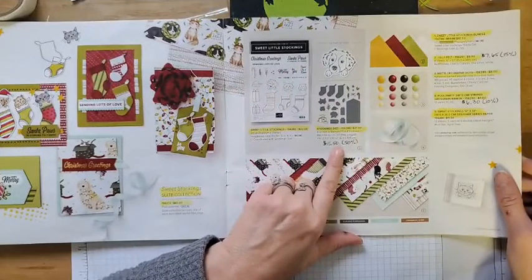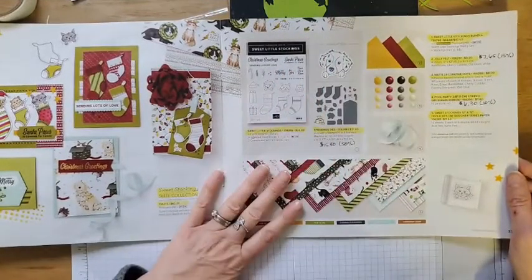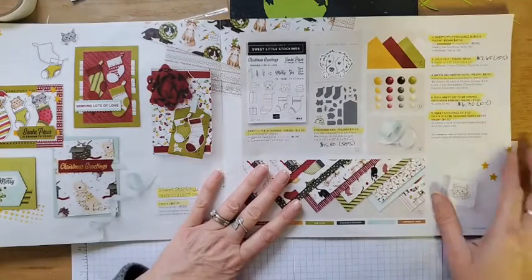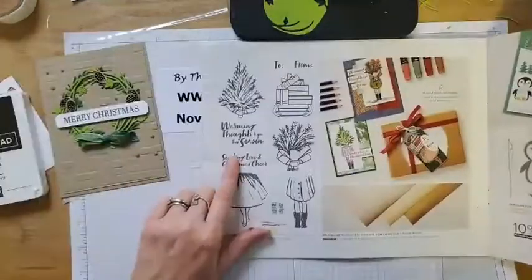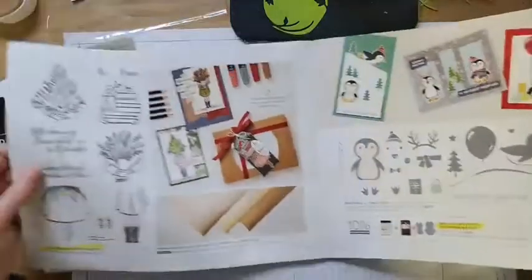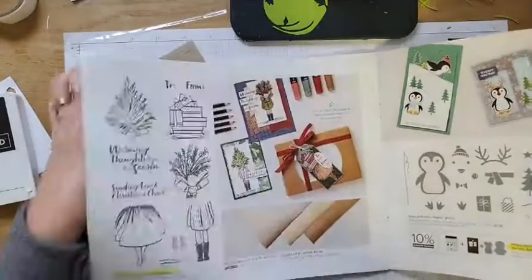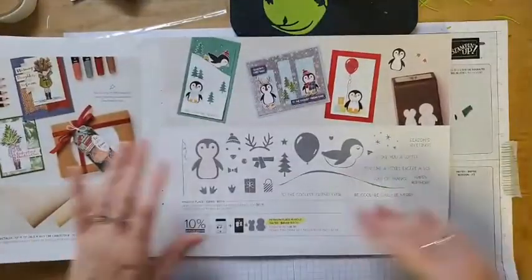The dies are on sale for $15.50, so 50% off. Everything basically is going in this suite, and the ribbon is actually $6.30, so that's 10% off. I love this one too, and I never got this one either, but that one's retiring as well, the Delivering Cheer. The Penguin bundle as a bundle is retiring, but the stamp set and punch are sticking around,